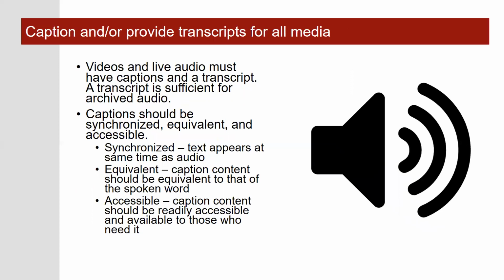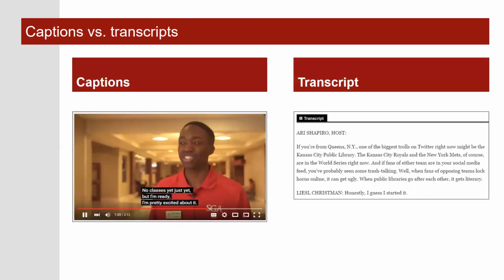The next principle addresses media accessibility. In order to ensure your audio and video content is accessible, you must provide captions, transcripts, and, when necessary, audio descriptions. Captions are text that appear on a video to match its soundtrack, including dialogue and nonverbal sounds like thunder or dog barking. The screenshot on the left side of this slide shows a captioned video playing in the YouTube